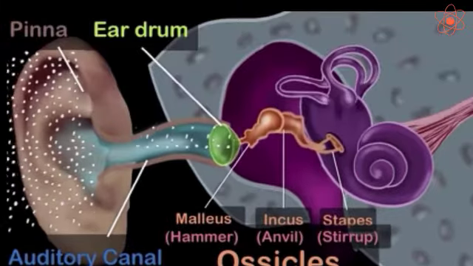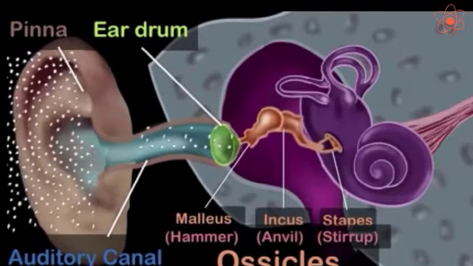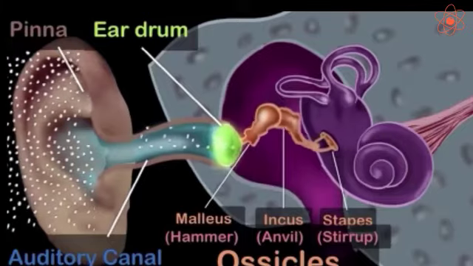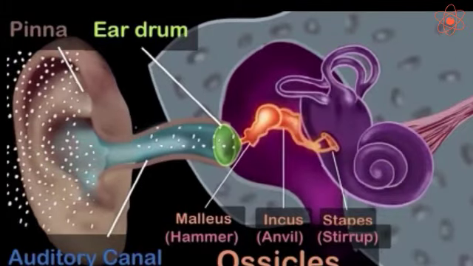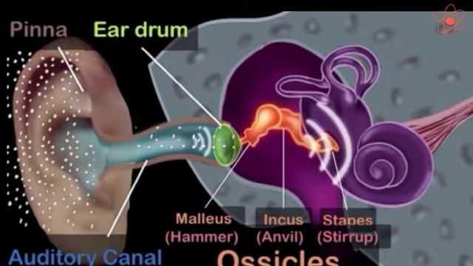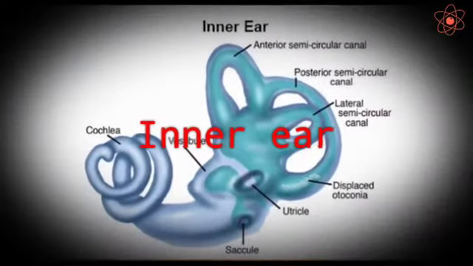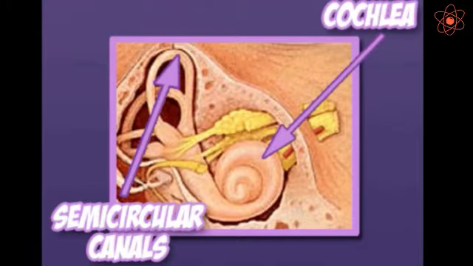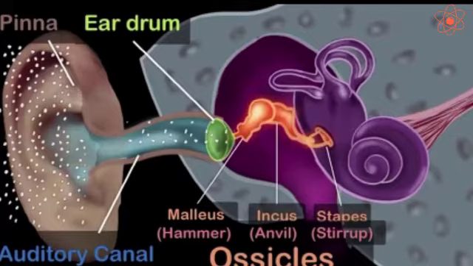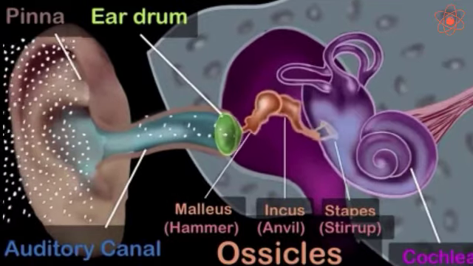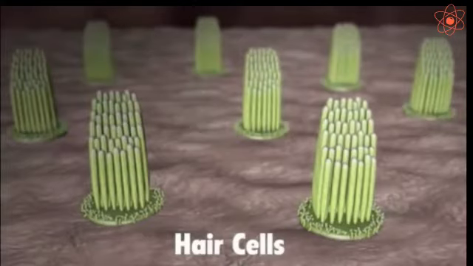The vibrations from the eardrum are transmitted to these bones, which are closely packed. As a result, these three bones begin to vibrate one after the other and finally transmit the vibrations from middle ear to the inner ear. Third, inner ear. The inner ear contains cochlea and semicircular canals. Cochlea is a spirally coiled tube and looks like a snail shell. It is filled with a fluid and has many sensitive hair cells.